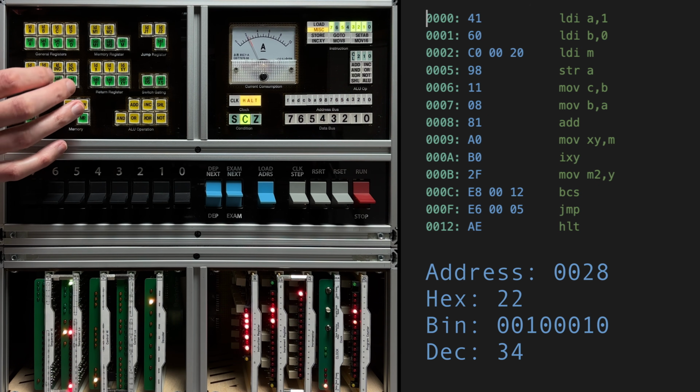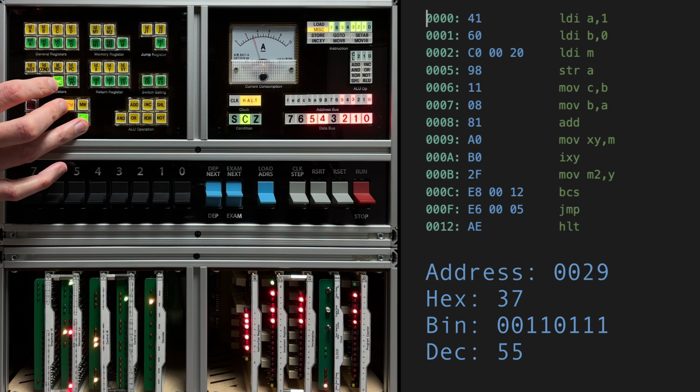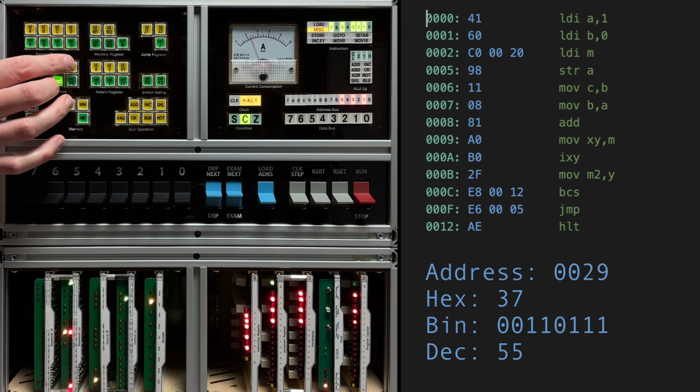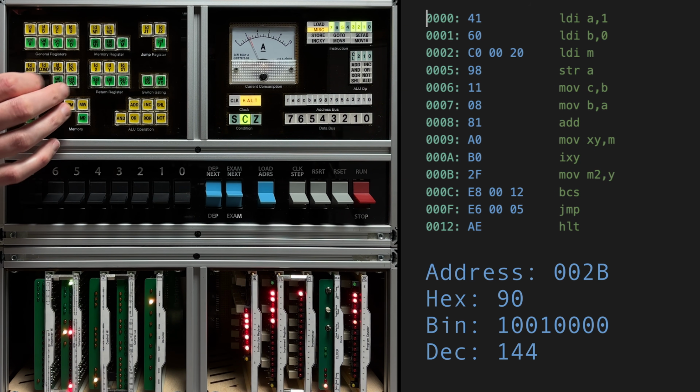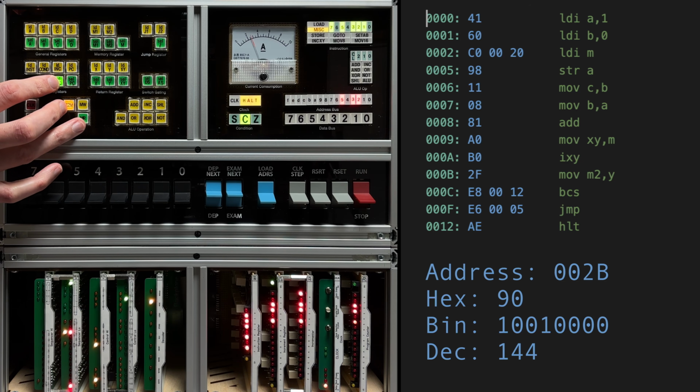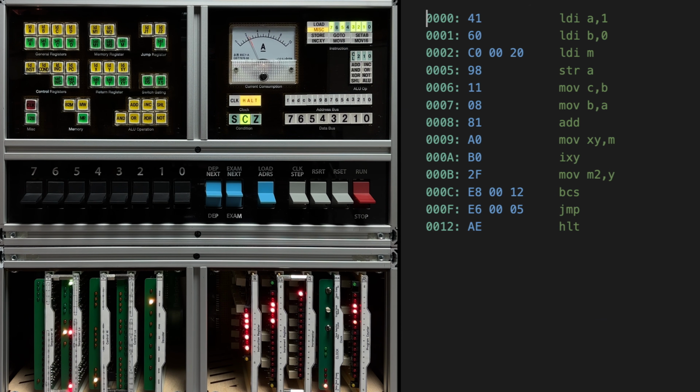22, 37, 59, 90, and finally E9. Superb. And I'm not sure how impressive you found all that, but seriously, that's a major milestone